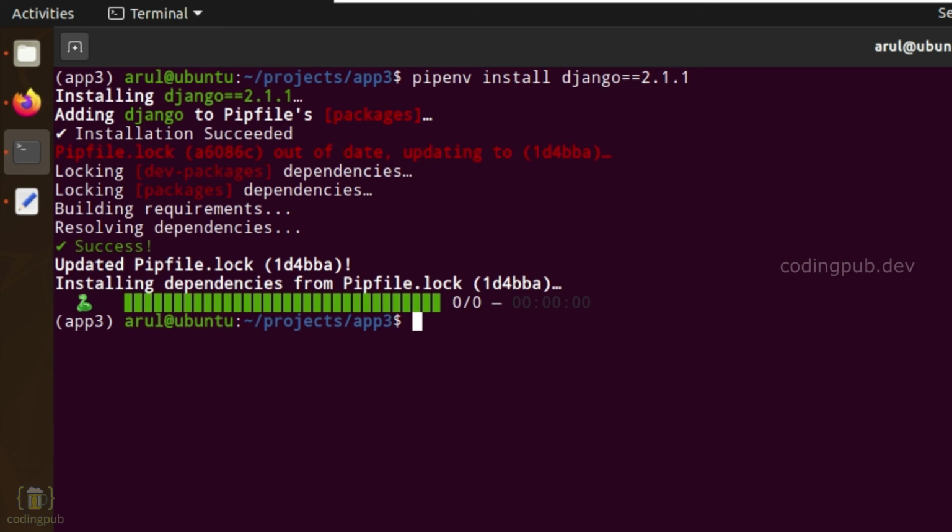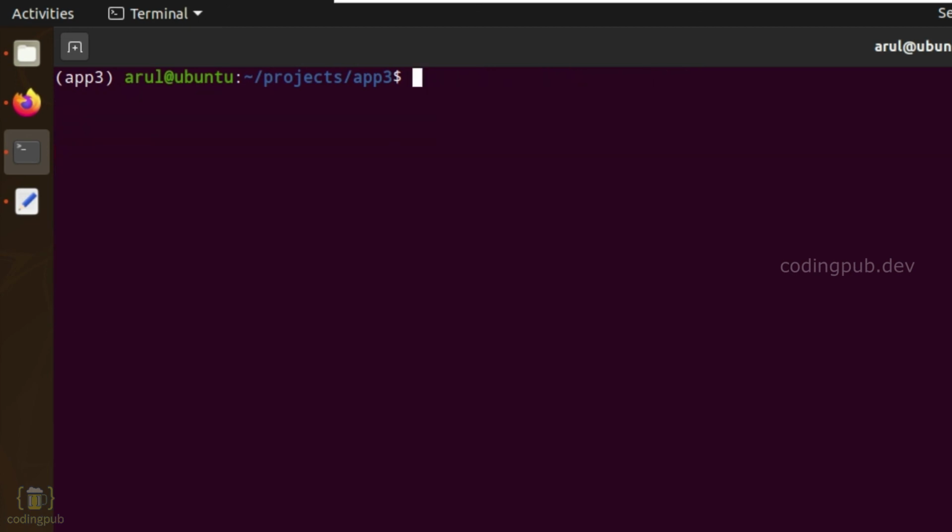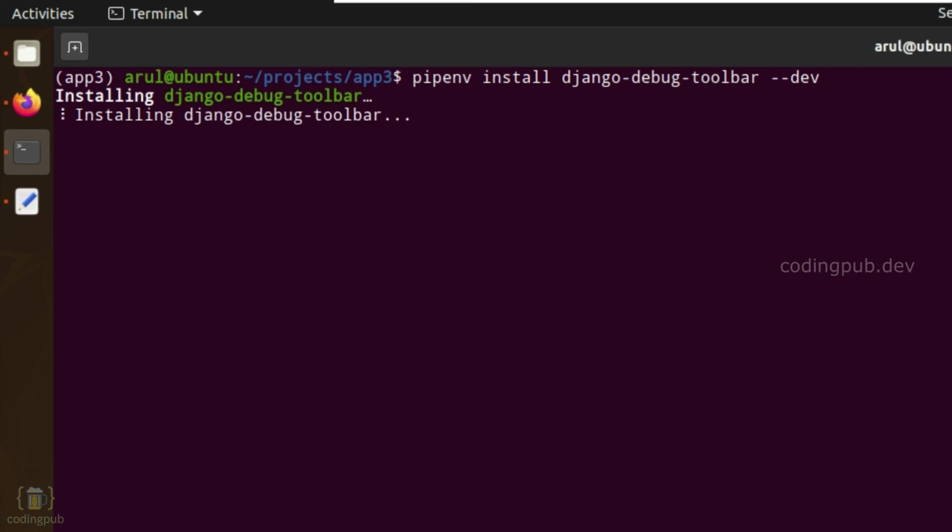For example, let's install the package Django debug toolbar using the command pipenv install django-debug-toolbar. I'm also passing the parameter --dev here. So let's wait till the installation is complete and I'll explain what this parameter is after the installation is complete.